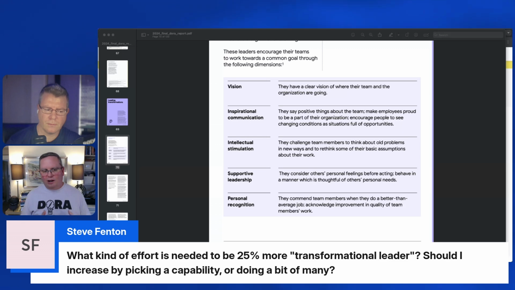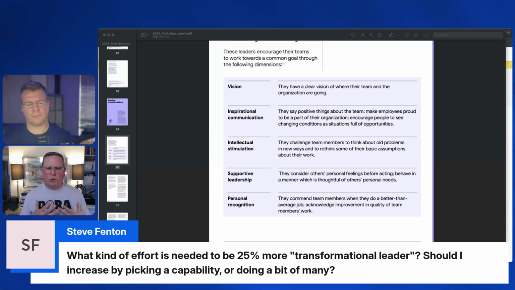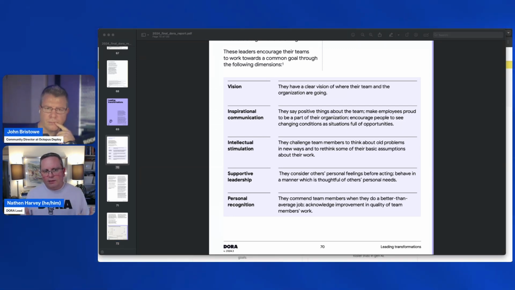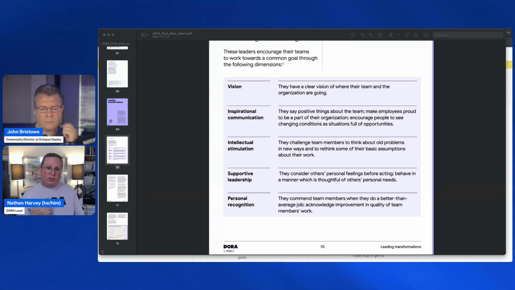But maybe you don't have enough personal recognition. That's what you discover as you think and reflect on this list. Well, that's something that's easy for you to improve. And those results that we saw, it's just increasing your leadership a little bit, providing that a little bit more. And maybe as a leader in your organization, you could do this with your leadership team, so that more and more of the leaders in your organization can start to exhibit these qualities and build these ideas into their daily